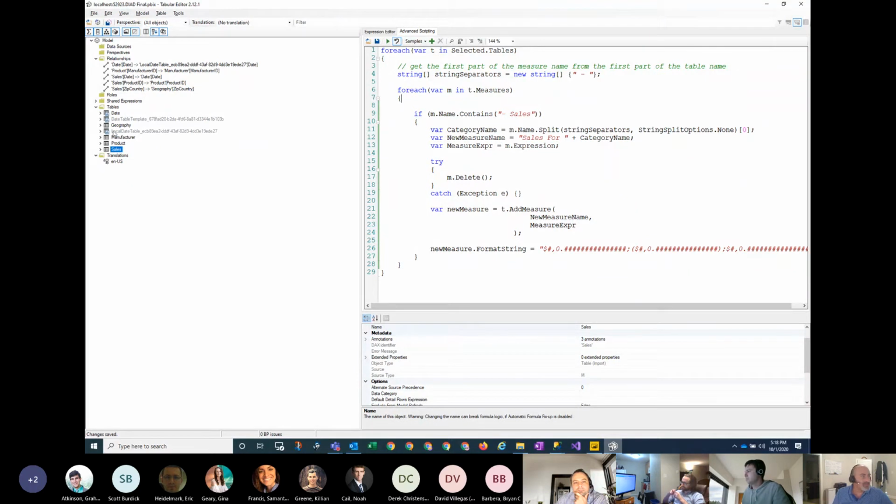But there are some similar types of features. Definitely the scripting language is the one thing that's very unique to the Tabular Editor, and they continue to work on it. It's open source, so you can always download the latest for free. And I'll take any questions, but other than that, that's pretty much it. Hope that gave you a little flavor of Tabular Editor.